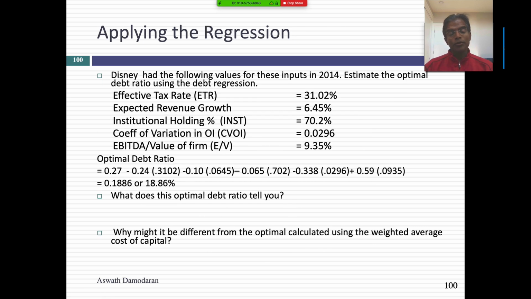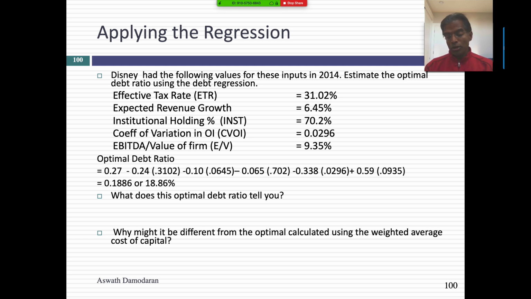I took the numbers for Disney in 2014 and plugged them into the regression. So Disney's tax rates, its revenue growth. There's my regression equation. I plug it in, I get a predicted debt ratio of about 18.86%. What does this tell me? Given how other US companies are setting debt ratios in 2014, Disney's debt ratio should be 18.86%. They were actually at 11.6%. They look under-levered. You're saying, why is this optimal different from the 40% we compute in the cost of capital approach? Because it asks a different question. Saying, given how other companies are borrowing money, maybe they don't borrow as much money as the cost of capital approach